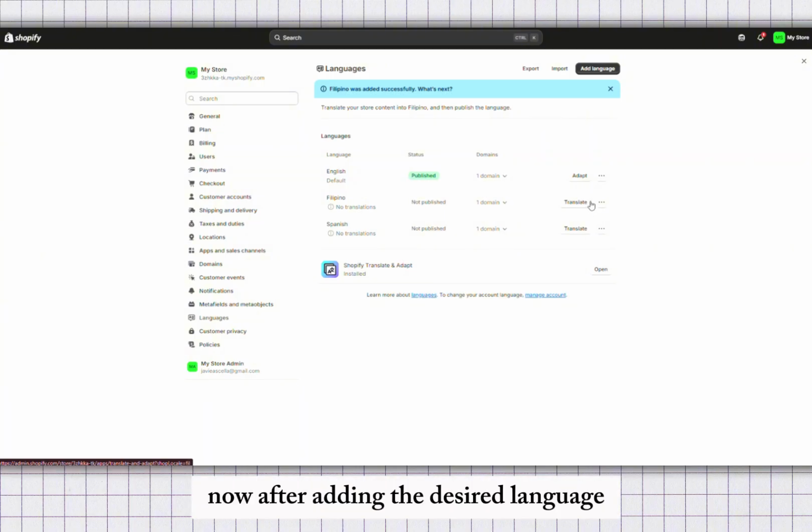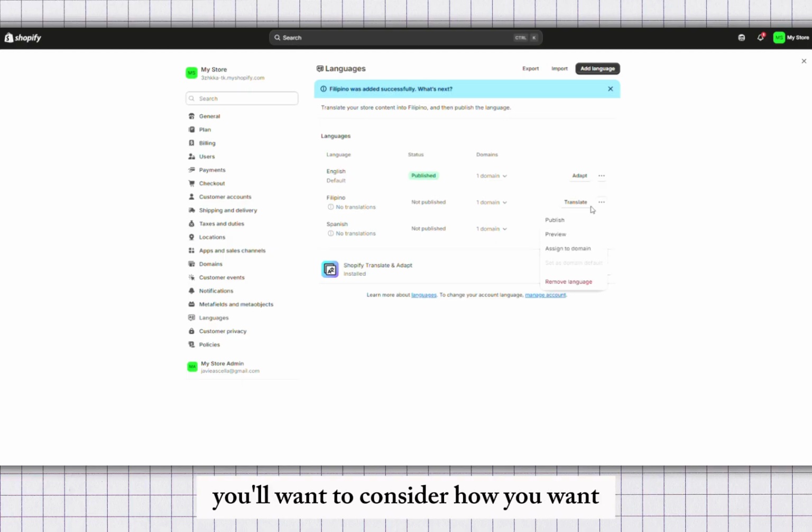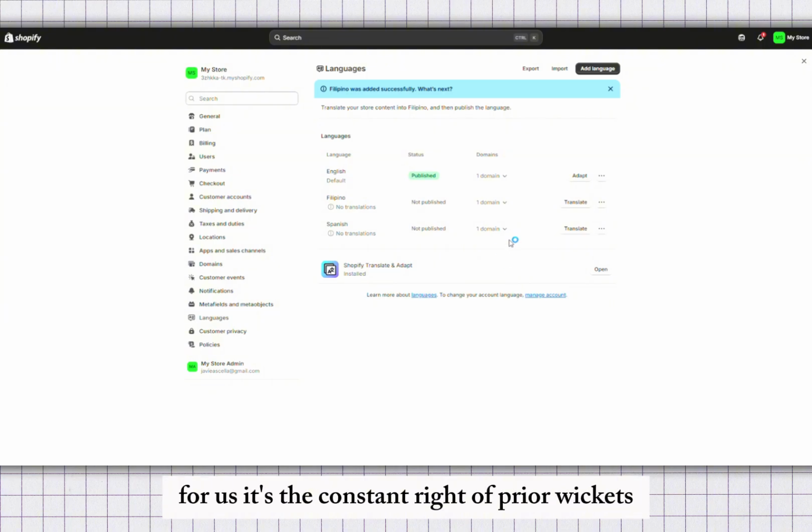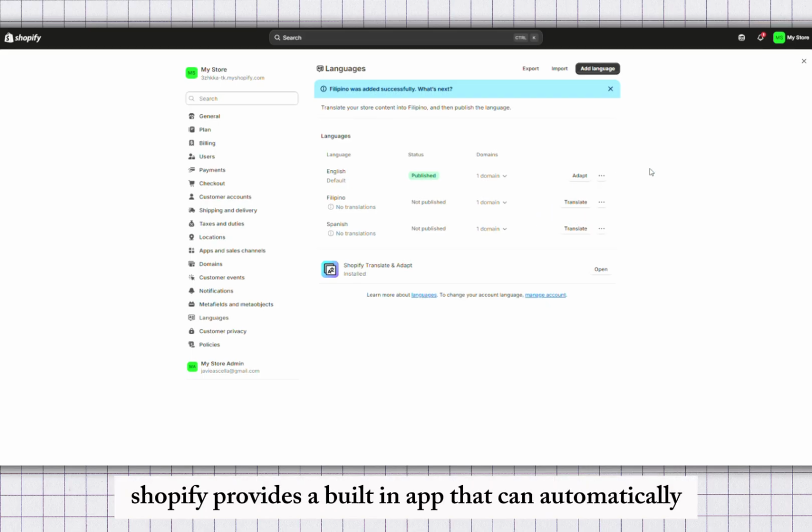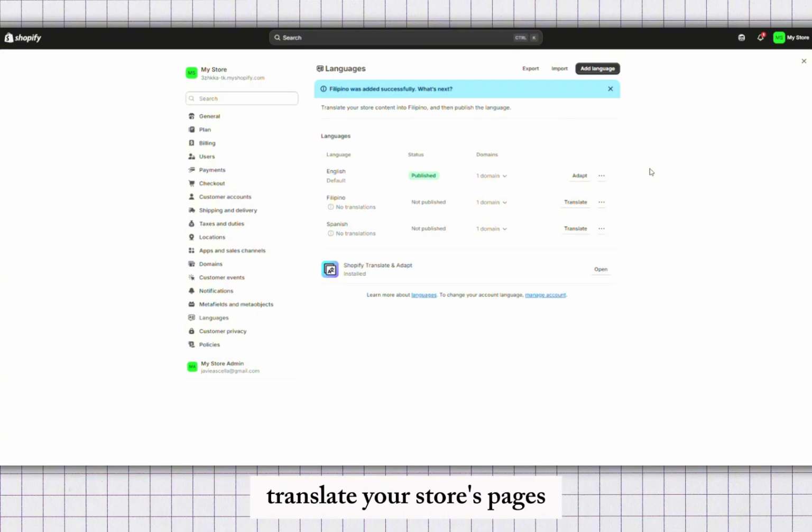Now, after adding the desired language, you'll want to consider how you want to translate your content. Shopify provides a built-in app that can automatically translate your store's pages, which is a great time saver and ensures